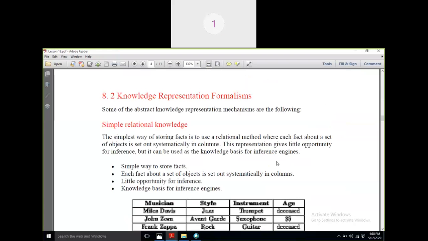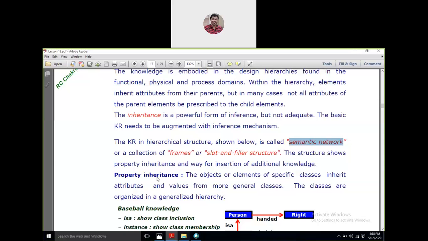Okay, so the part where I have left, here I am. I'm talking about the semantic net. Even though I do have a dedicated lecture on semantic net, still I'll be giving you a brief hint about that. In my simple relational knowledge, as is given here, if I want to sum it up in the form of a semantic net, then what am I going to do?